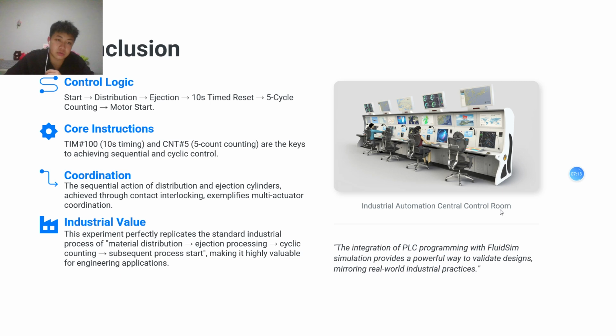Okay, so the conclusion: the control logic starts from the distribution to the ejection, and the 10-second timer resets, and the 5-cycle counting, then the motor starts. The timer and the CNT counting are the keys to achieving sequential and linked control. And the coordination: the sequential action of distribution and ejection cylinders is achieved through contact interlocking,